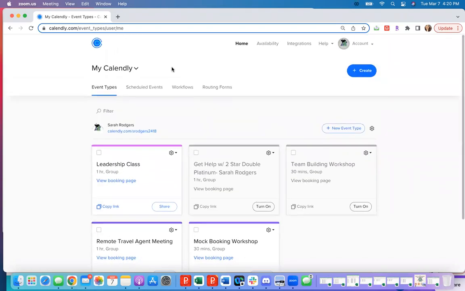Calendly does run $15 a month in order to be able to create the new type of event that we need. We need to create a group event. Once you sign up for Calendly and create an account, I always suggest that if you have a business logo, go ahead and use that up on the screen there. Then you're going to hit create